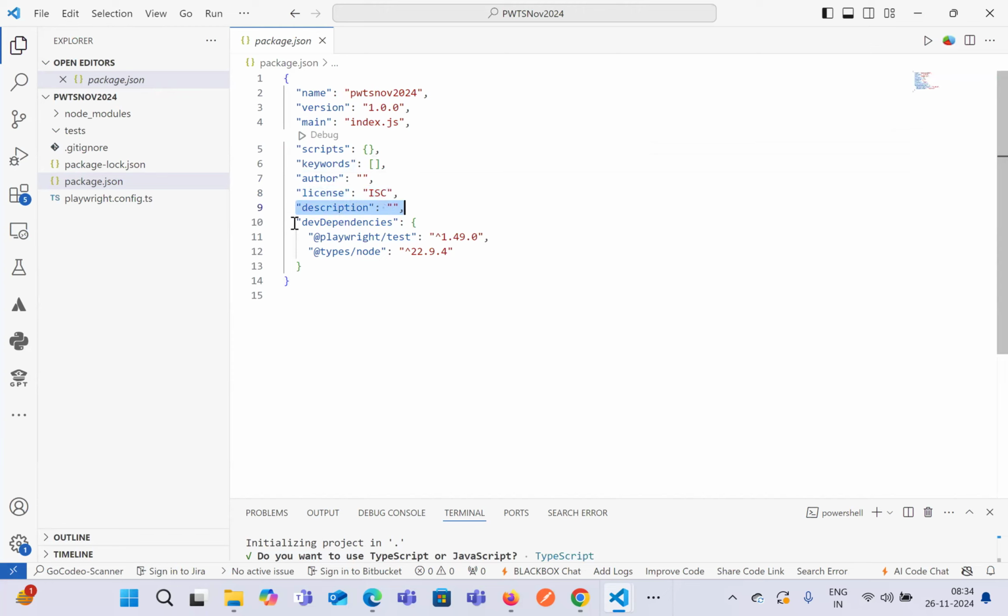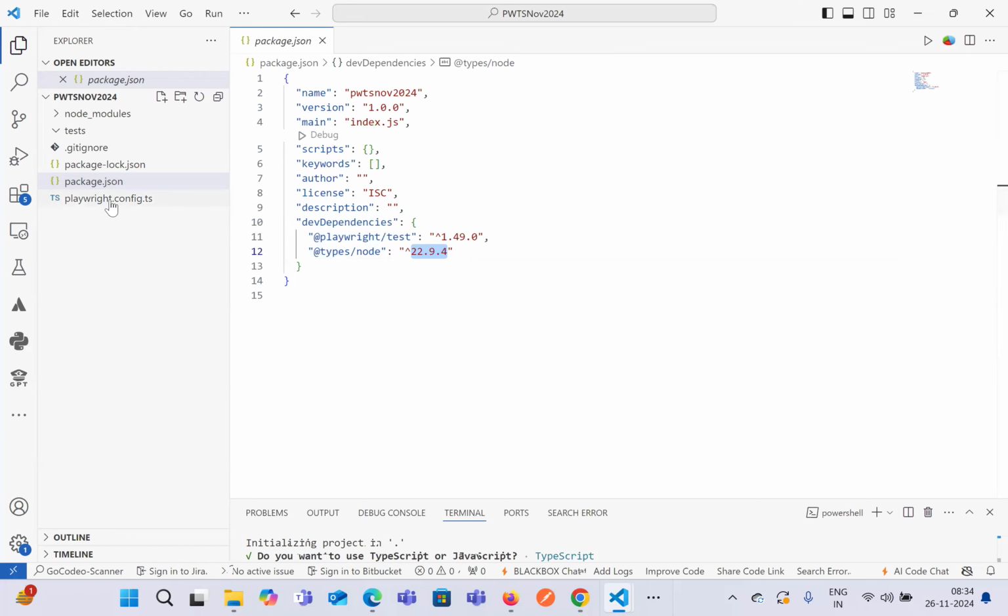Whatever libraries it has installed are listed with the library name and version. The current latest version of Playwright in the market is 1.49, and Node.js is